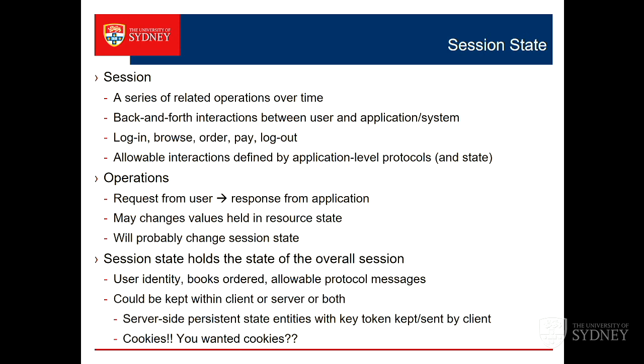But if you're writing an old-fashioned desktop application, or Java or .NET desktop application, then of course you've got a full programming language and environment there on your client, so you can keep whatever state you want there. You can keep the shopping cart there. You could ask the server, give me a list of books that are available. We'll ship you over a list, and you keep that present locally. Your shopping cart, and then you can say, okay, here's a list of things they want to buy to go through the purchase. So you could move all that functionality over to the client. In practice, you'll be splitting it between the two.